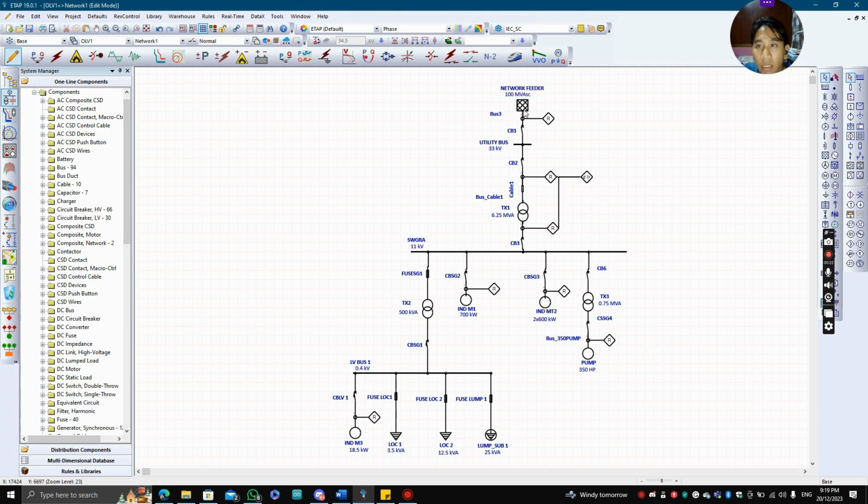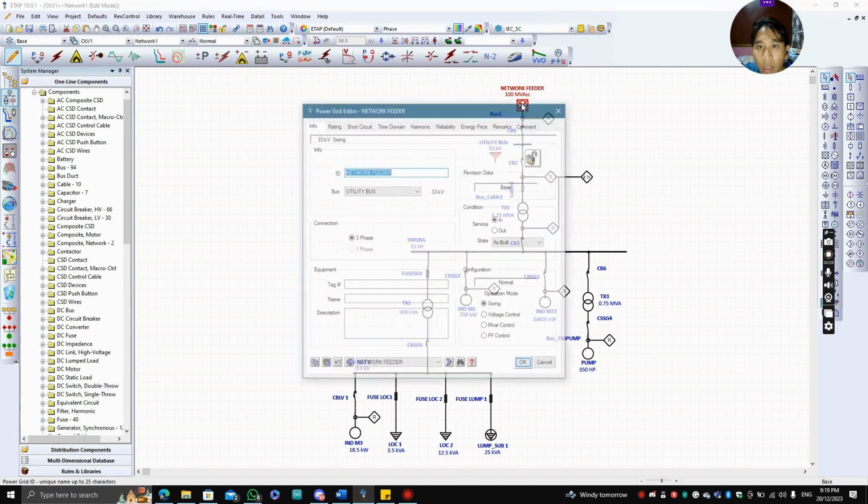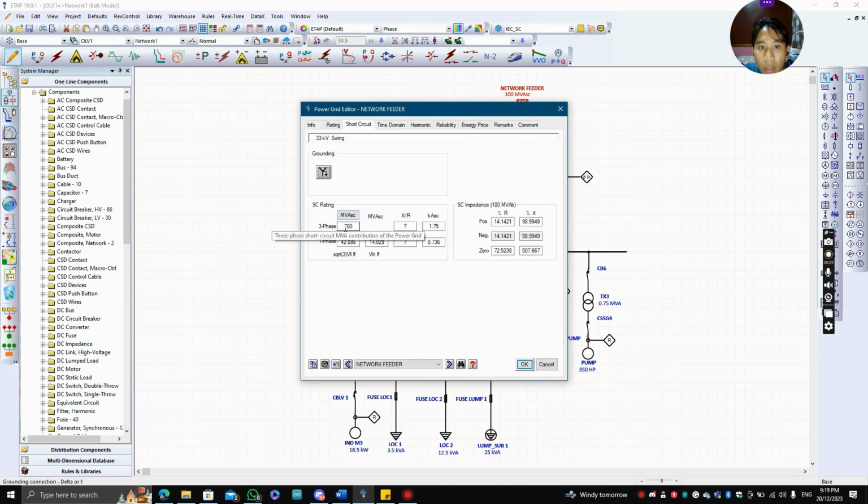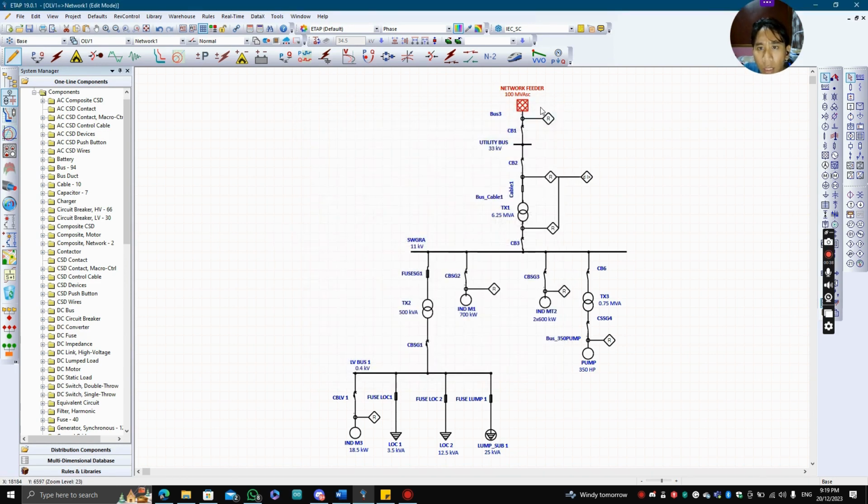So this is the single line diagram that I already performed by using the ETAP software. This is the network feeder. The rating is about 30 kV, and the short circuit rating is 100 MVA short circuit. And then it will connect to the utility bus,